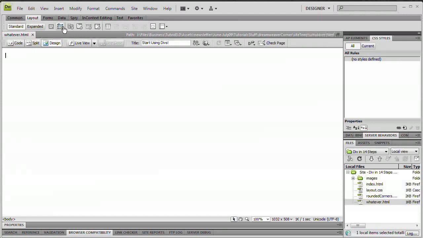I tried doing one project with them, and then I junked them all together, redid the project with regular divs, and that's all I've used ever since. So regular divs are the way to go. Okay, so now that we know we're not going to play around with AP divs, we're not even going to